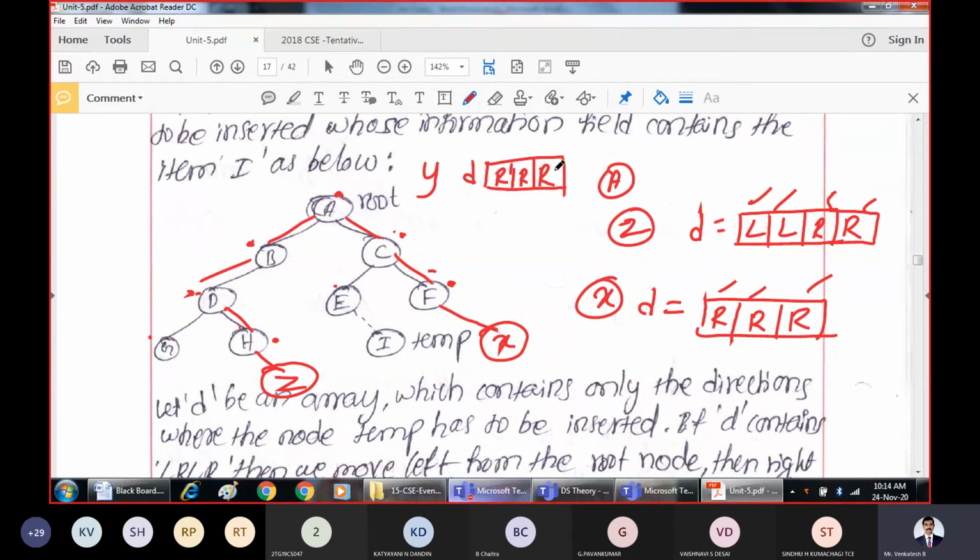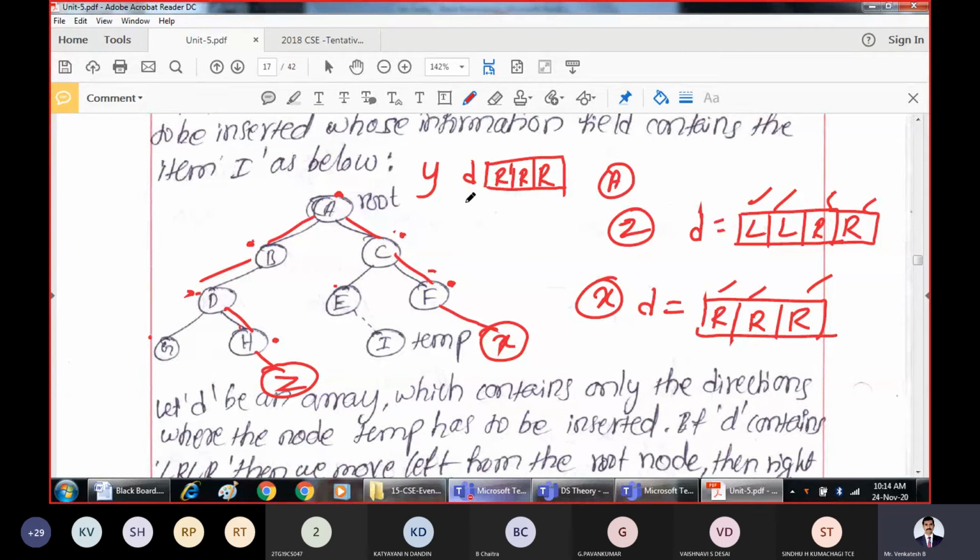Right, right, right are the directions. Is it possible for me to insert or not? No one is able to answer. Are you able to hear my voice? Yes, sir. You are able to hear, right?